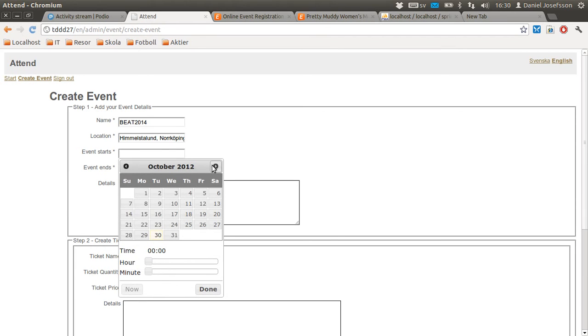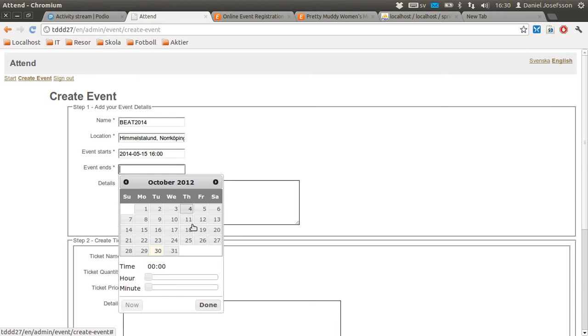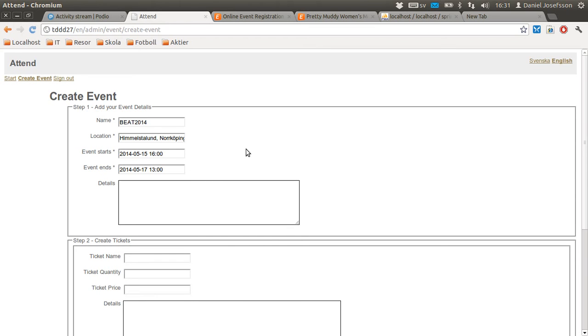And the event will start probably in May 2014, probably Thursday the 15th at 1600 hours, and will end at almost the same May Saturday at 13 maybe. So like this, and the organizer can put in some information here,